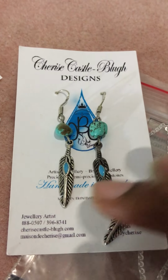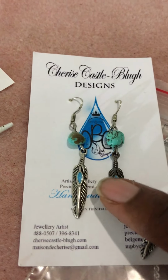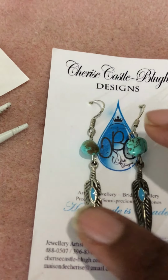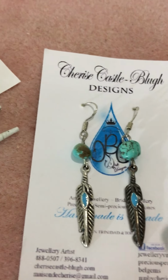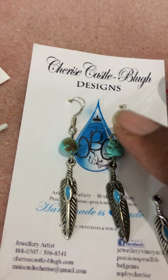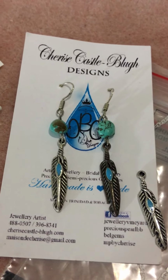I actually opted to remake Stephanie's earring, other than just to clean this, because one, it has a natural turquoise stone attached to it, and dipping this in any kind of chemical may cause the stone to melt, because you see turquoise is a very soft stone. It can break easily, and it really has to be taken care of. The gemstone itself can be wiped to become clean, but to dip it in chemical liquids, that's a no-no